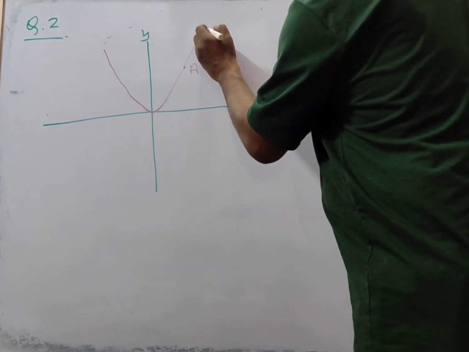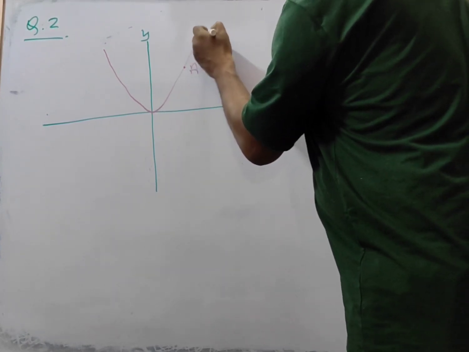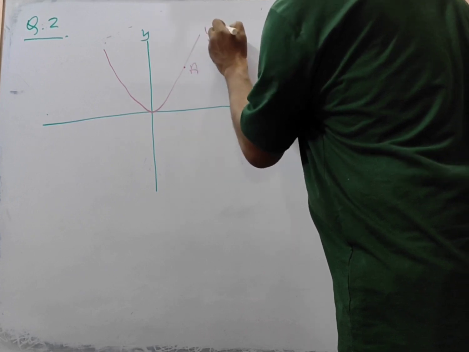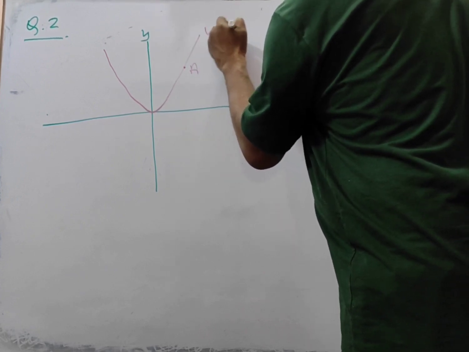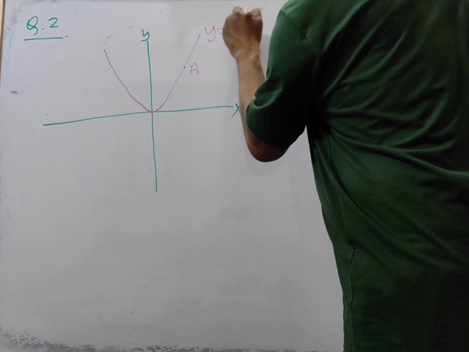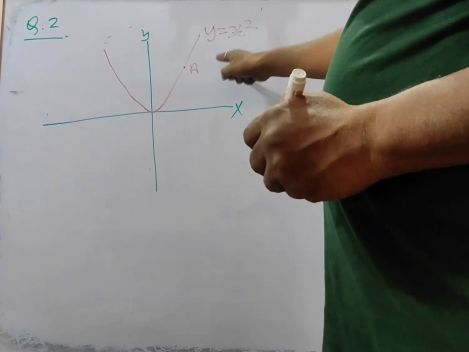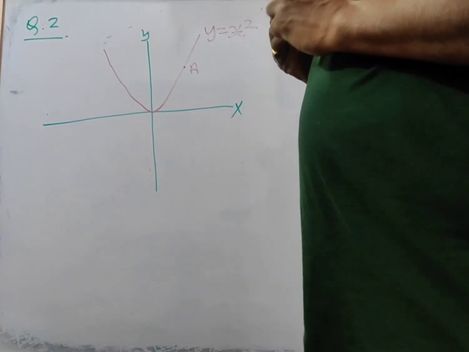This is having y is equal to x square, right? This is having y is equal to x square,